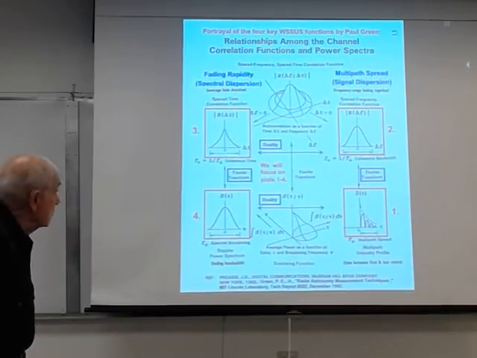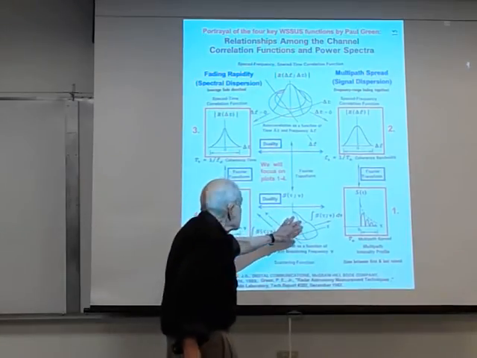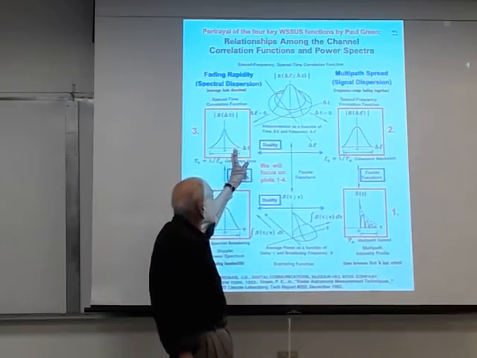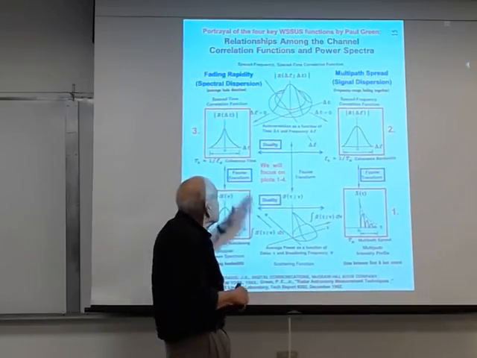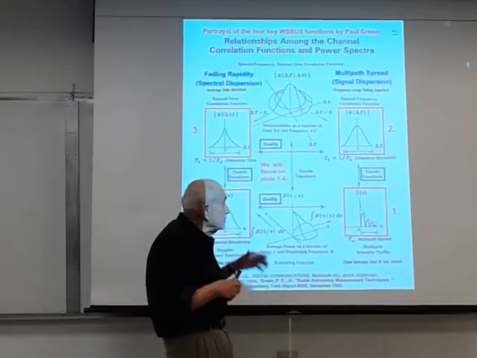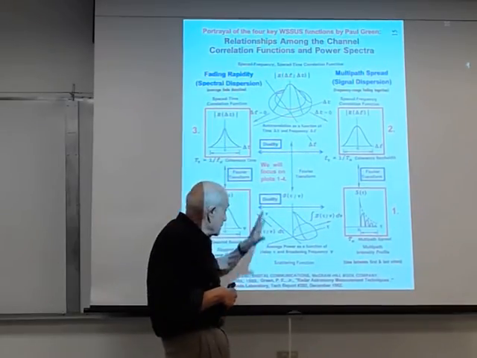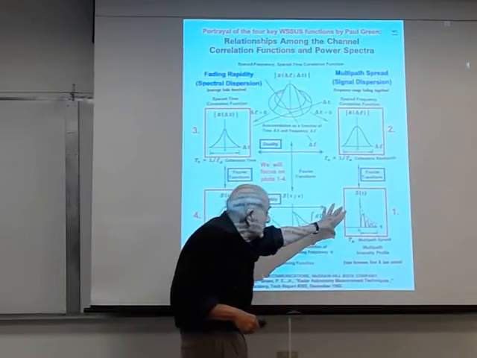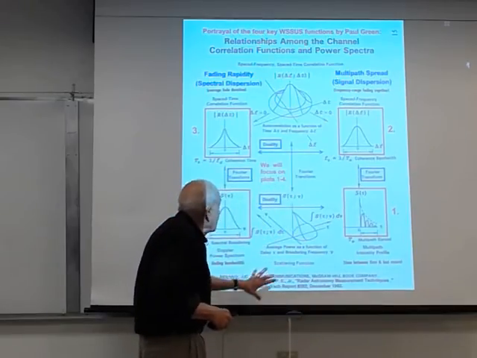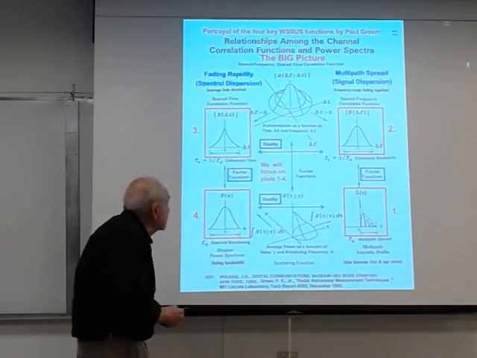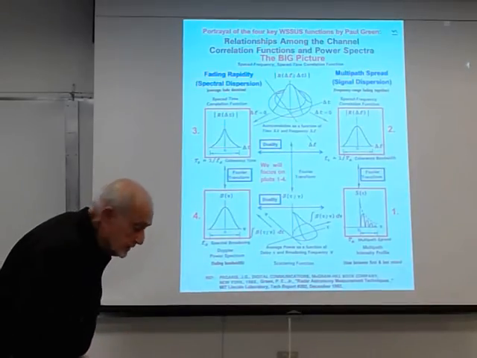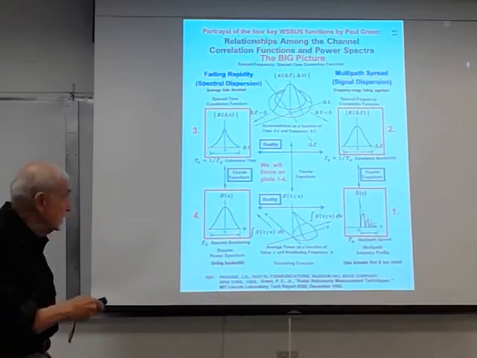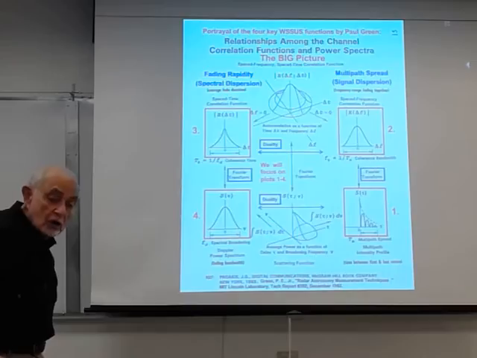And what you also see is that there are some volumes plotted of a combination of delta T and delta F, you know, space time and space frequency together. And here too, of the Doppler spread and the multipath spread together. But we're not going to look at that. We're going to pay attention to, and notice what I'm calling this, I'm calling this the big picture. This is what you're going to walk away with this afternoon, and that is a good feeling of what this